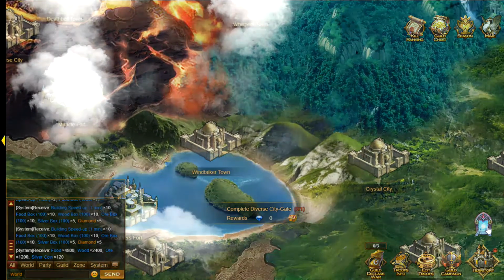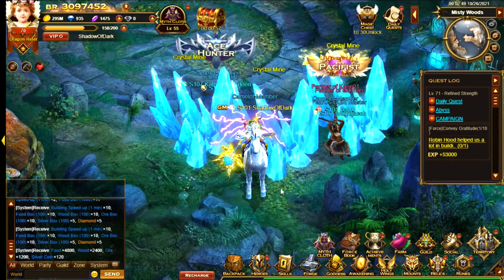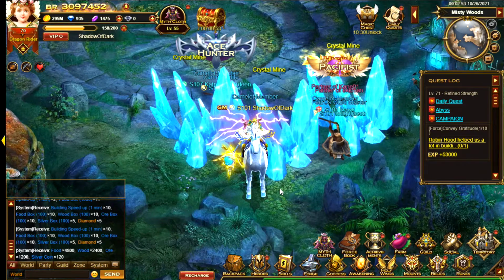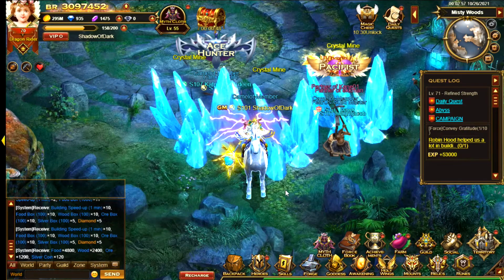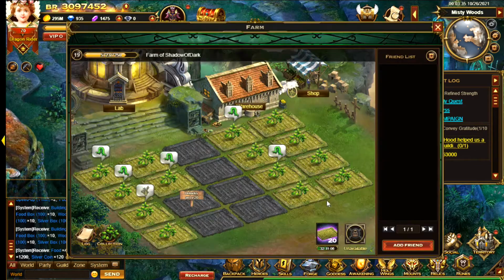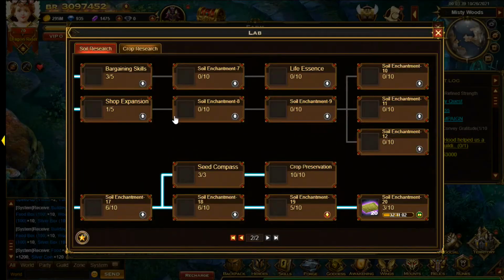So yeah, at this stage in the game, I recommend just focusing on building up your city, focus on the farm, and then hopefully you'll earn a ton of resources for later on, when you can start building troops and test out the other features. Finally, I'm going to show you my progress with the farm. You can see it's level 19, and if I go over to the lab,